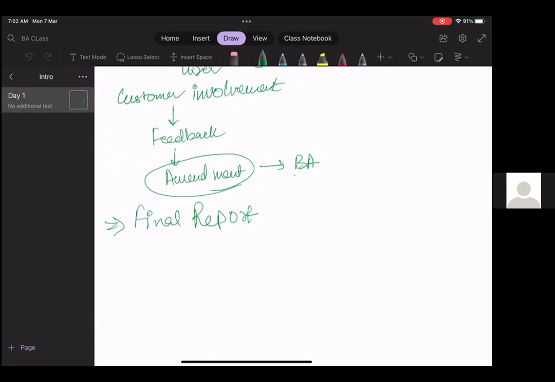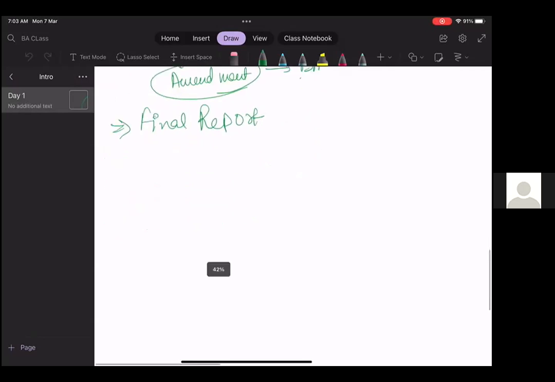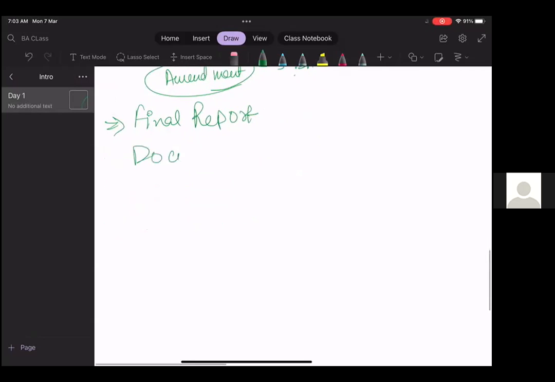Once you prepare the final report, then comes documentation and presentation. And that is why it is important to work on communication skills.